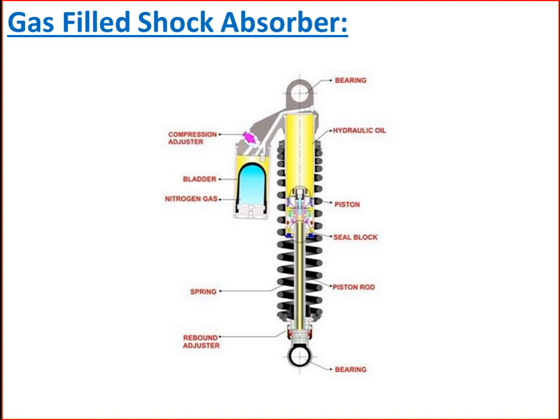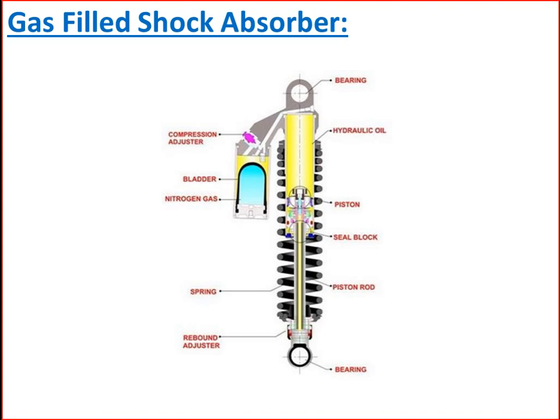The construction of the gas filled shock absorber is as shown in the figure. The construction is simpler, or similar except for the double tube. Here a dividing piston is used. The piston rod moves into the shock absorber, which displaces the oil. This causes the dividing piston to press on the gas chamber, reducing its size.